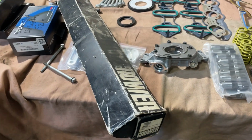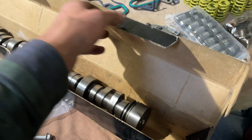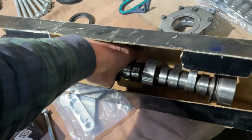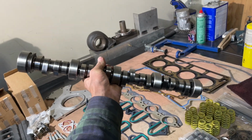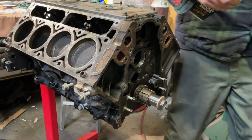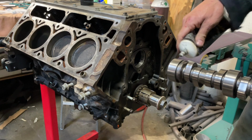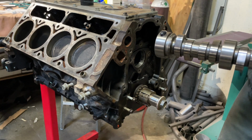This camshaft was built with 551 thou on the intake lift, an exhaust lift of 573. With a lobe separation angle of 110 degrees, this camshaft is sure to make the neighbors quiver. With 4 degrees advance, ground right into it. However, this camshaft